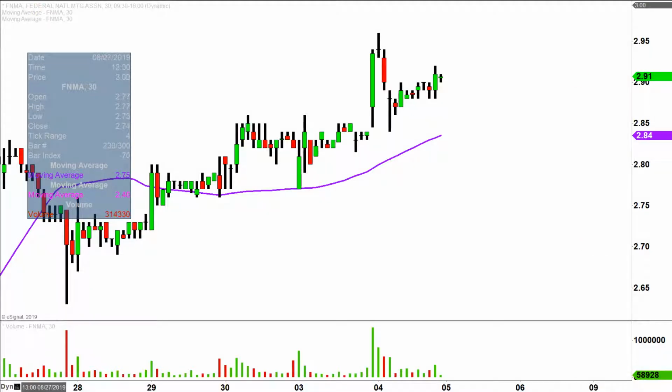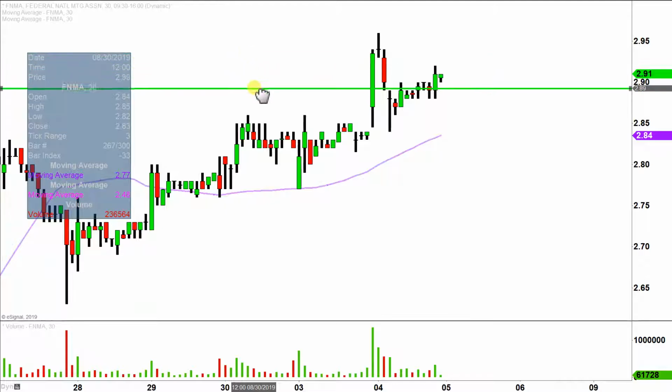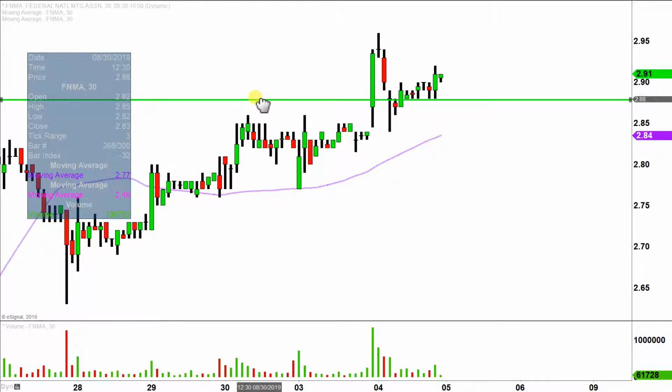So let's get some levels of support and resistance mapped out. First level of support is what I would call the ideal level. When we say, hey, Clay, what would make this chart look the absolute strongest going forward? That would be if the price can stay up there above $2.88. Now, don't get me wrong. If the price falls below $2.88, I'm not saying the entire chart is destroyed or ruined or anything like that. But if the price could manage to stay up above that level, that would definitely be a massive sign